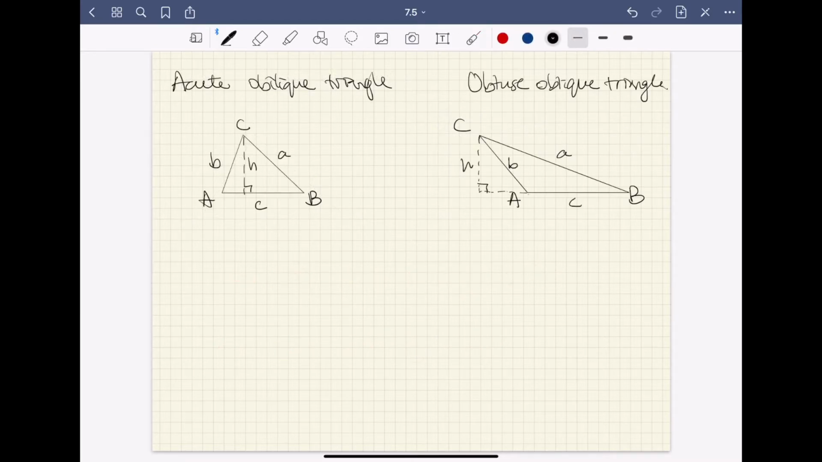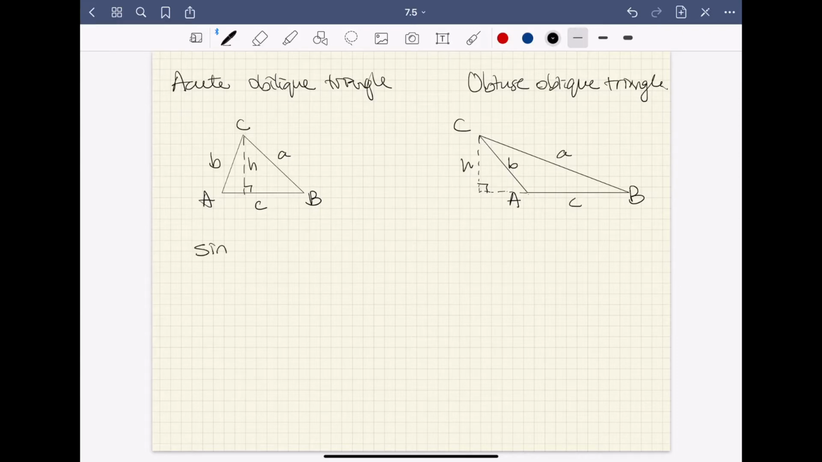Next, let's talk about the short derivation of the sine law. It doesn't matter if it's an acute oblique triangle or an obtuse oblique triangle, the derivation will be the same. So let's say h is the height for the triangle. So for either triangle,